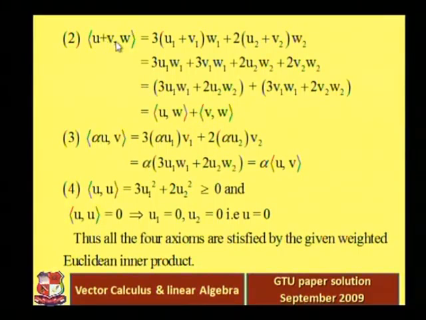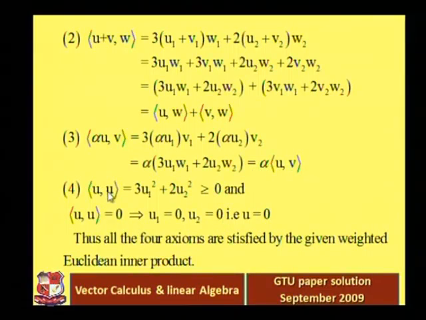So the inner product of u plus v with w can be expressed as inner product uw plus inner product vw. Also the inner product of alpha u with v is equal to 3 alpha u1 v1 plus 2 alpha u2 v2, that is equal to alpha into 3 u1 v1 plus 2 u2 v2,